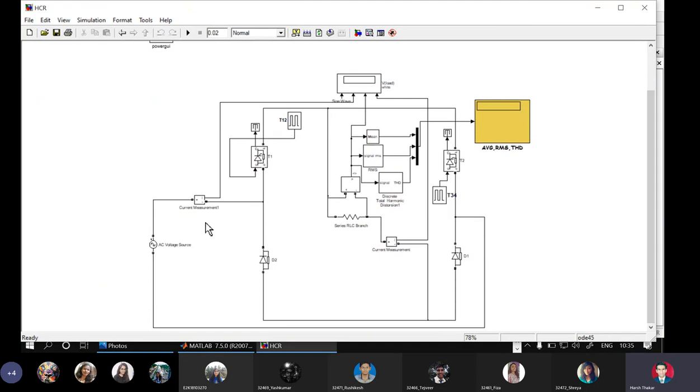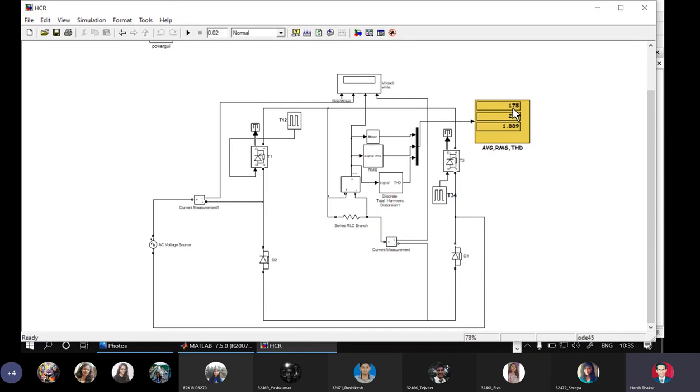So we see here I have used two SCRs. This is T1 and this is T2, and I have used two diodes D1 and D2. Because the bridge configuration has two SCRs and two diodes, we call this bridge a semi-converter bridge or a half control bridge. I will not explain it because you won't understand anything as the syllabus has not yet started. I will just click simulate, and there's an oscilloscope here.